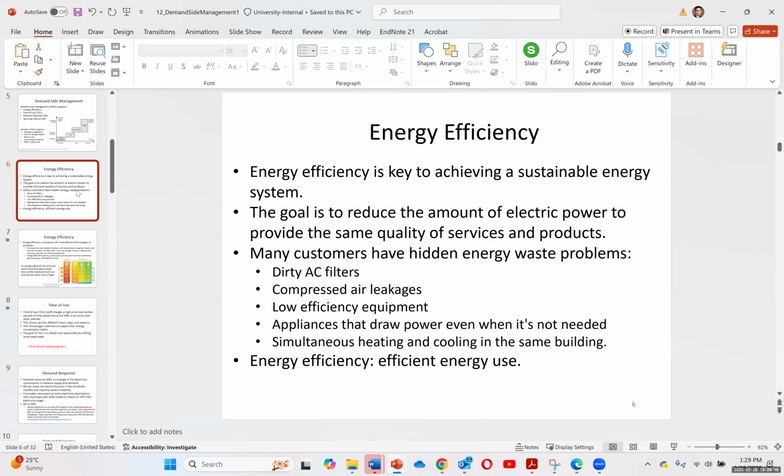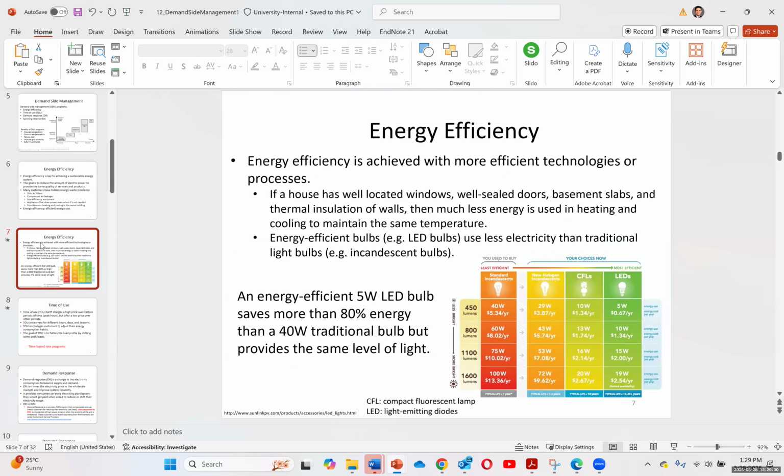And simultaneous heating and cooling. Some people like to cool one room and heat the other room, and that creates a lot of waste as well. So energy efficiency is the efficient energy use that we can use. One example, as mentioned, is through a use of energy efficient light bulbs,